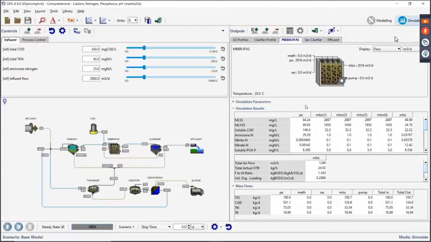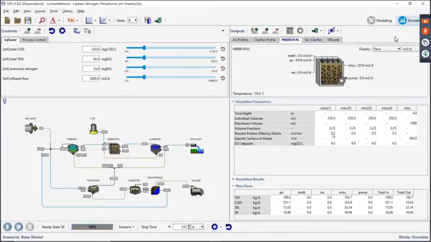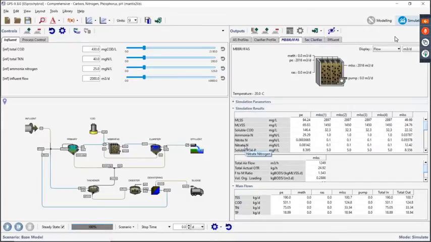That's the same as it was before, but now we have another version of it for input. If I click on these simulation parameters, now I can see a very similar summary of the input to the model. These are the values that you set across the menus down here. We put the same kind of philosophy here. Only the most important things that you need to see are here. So we can see reactor portion filled by media and the volumes of the individual reactors and so on. Just another little tool to keep everything you need to know close at hand.